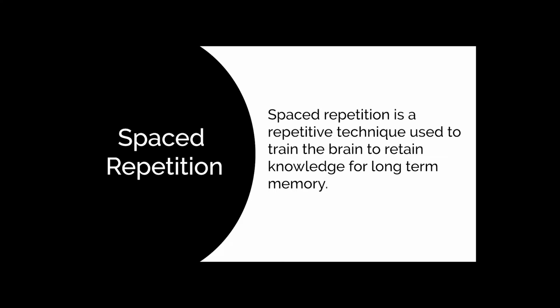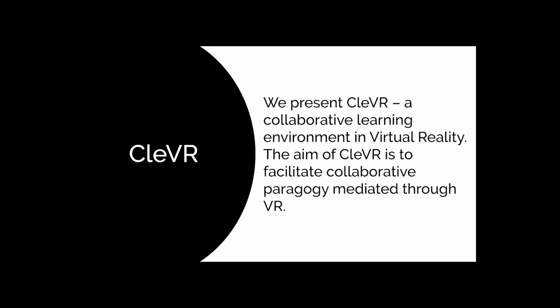The focus of research in spaced repetition is the identification of timing protocols and algorithms to identify the optimal times when repetition is to be carried out. The main objective of Clever is to present learning resources in a collaborative environment. These learning objects are derived from existing material which can be text-based resources, image-based, audio-video resources, and finally interactive 3D